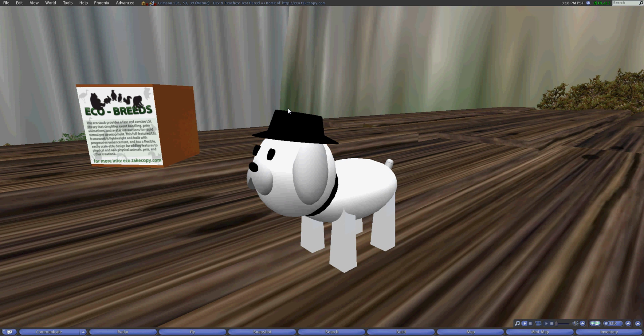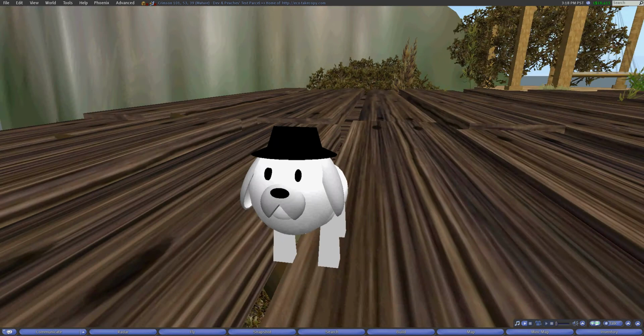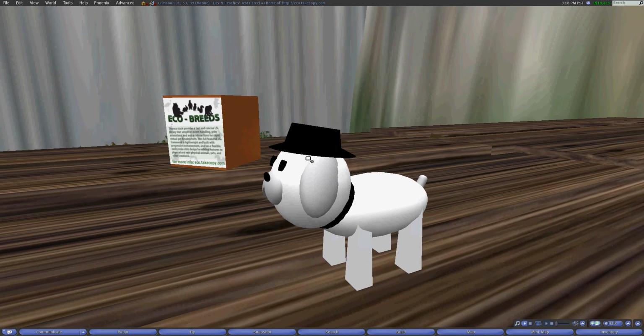Okay, now I'm going to show you how you can create additional accessories that you can sell for your breeds. In this example, I'm just going to make a simple hat. As you can see, he's wearing it now. And what we need to do to make this work is you need to have hidden prims within your objects that you can move and alter and adjust